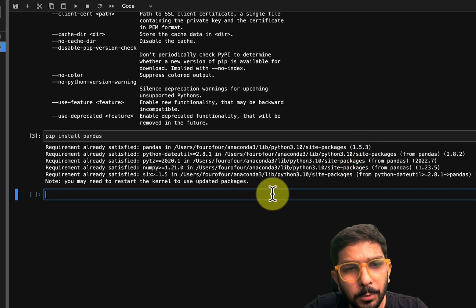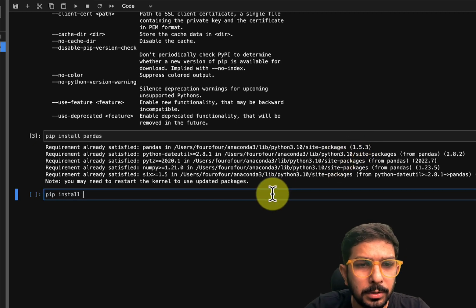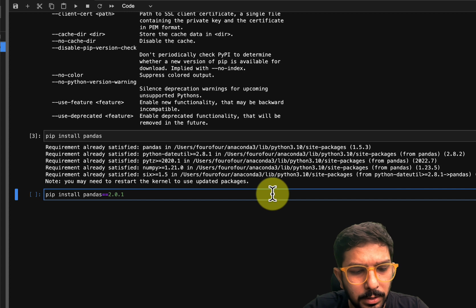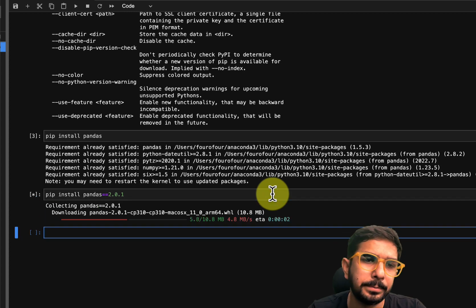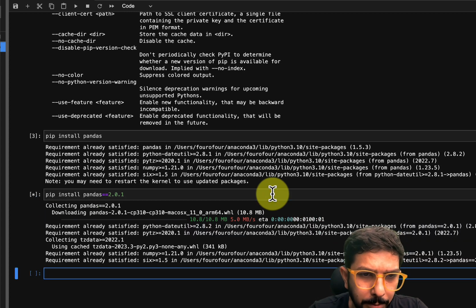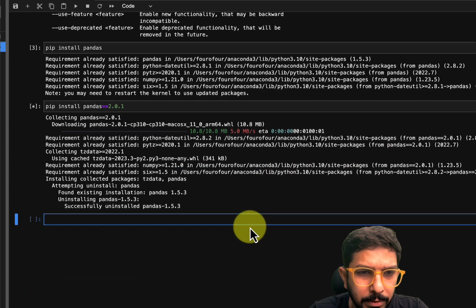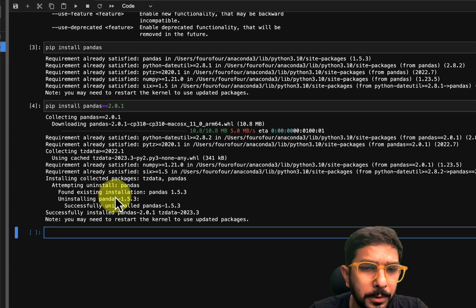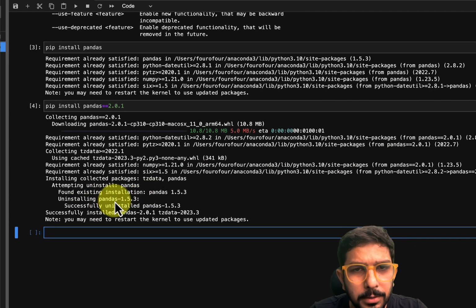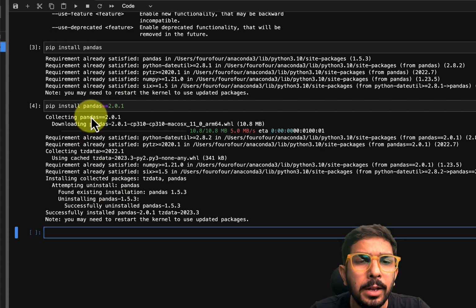Now let's say I want to install some specific version, let's say Pandas equals 0.1. Let's see what happens. Let me just go ahead and hit enter. As you can see, it is now going to first uninstall the existing version of Pandas, and then install the one which I have requested. So in this way, you can install or uninstall any of the packages which are required straight away from